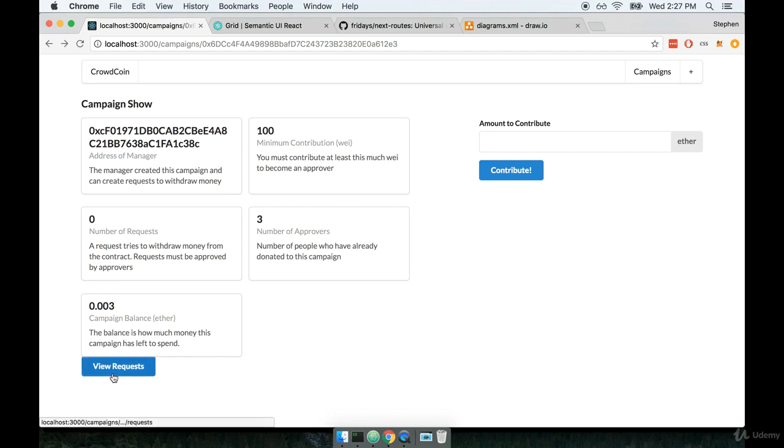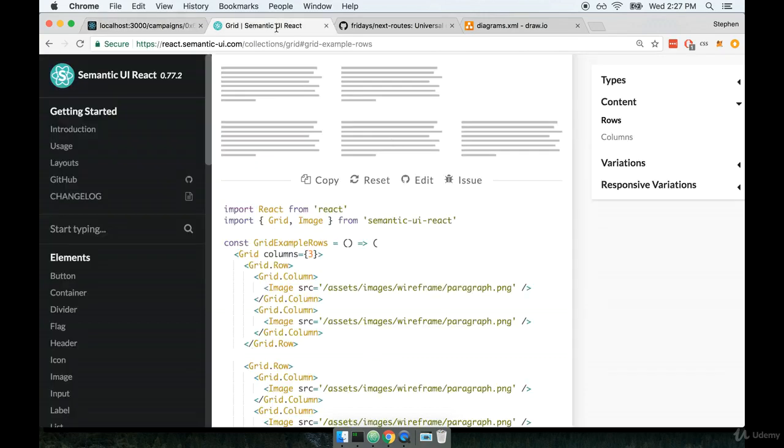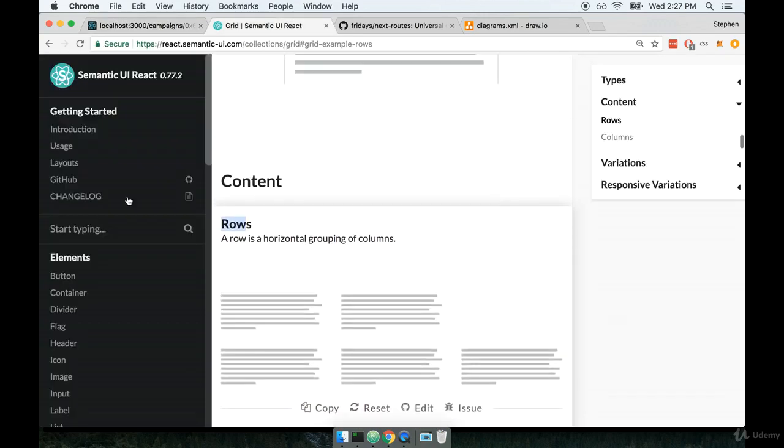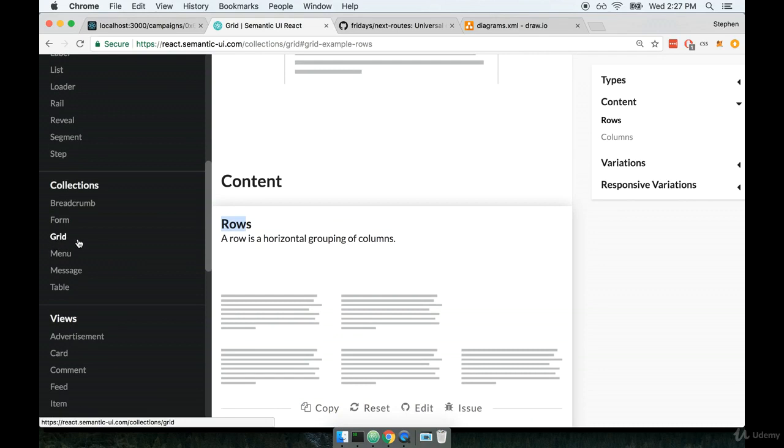We've got our view request button visible on the screen, but there's just a little bit of a styling issue here, where it appears that the button is sandwiched up way too closely to the card right above it. If we go back to the semantic UI documentation and look up the grid section again, we can scroll down